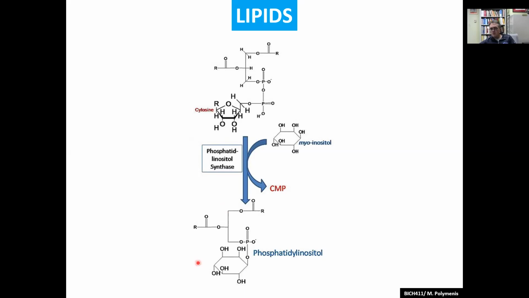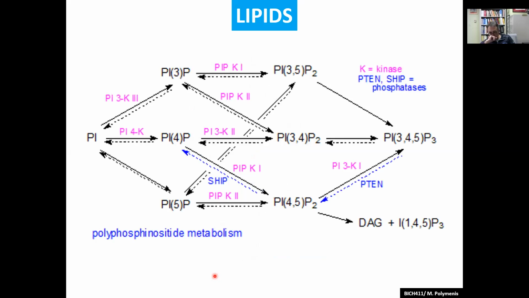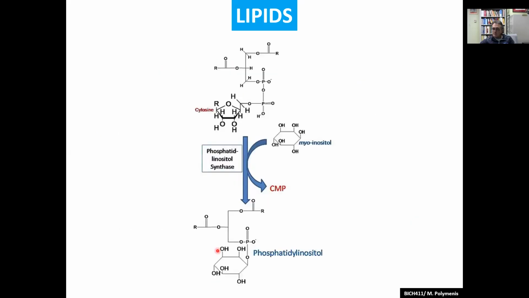So this kind of lipid is a phospholipid, actually a glycerophospholipid also. There is a glycerol backbone, it's phosphorylated, and the X here is inositol. What that does is not a structural role, but a signaling role. Each of these hydroxyl groups, it turns out, can be phosphorylated by a specific kinase, and can also be dephosphorylated by a specific phosphatase.